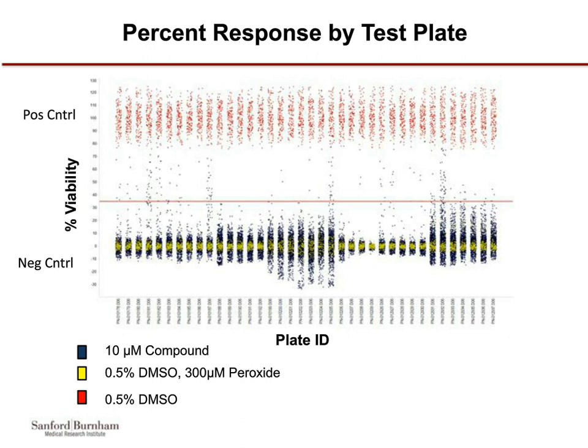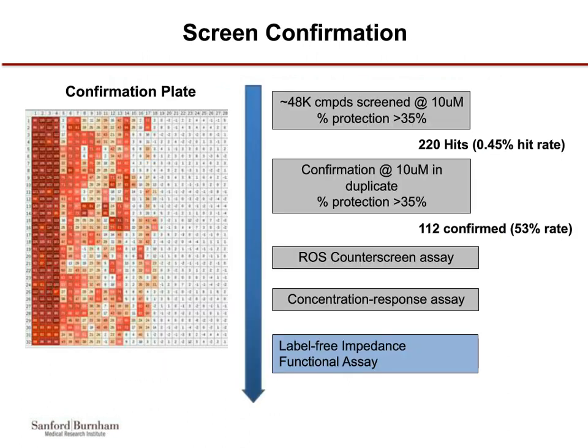We've now moved on to confirming these hits. So from our almost 50,000 compound collection screened at 10 micromole, we chose the 35% cutoff and received 220 hits from that, about a 0.45% hit rate. We cherry-picked those compounds, ran them again in duplicate at the 10 micromole concentration, again took a 35% cutoff, and